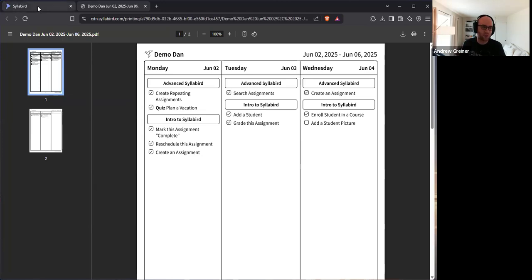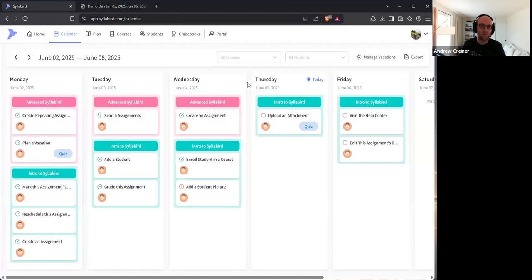So, great question. We can talk a little bit about how the Living Heritage stuff works. The biggest issue with any digital planner is going to be how do you get your content in there? And if you have to type it up yourself, it is a lot of work, and there's not really a great way around that. However, the intention with Syllabird and Living Heritage together is that you will have access to